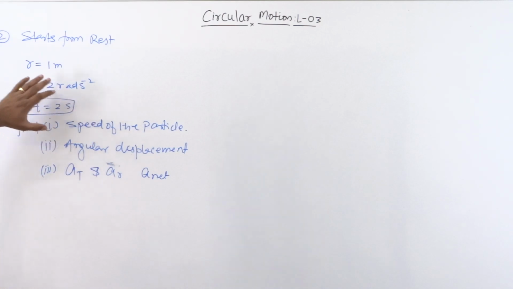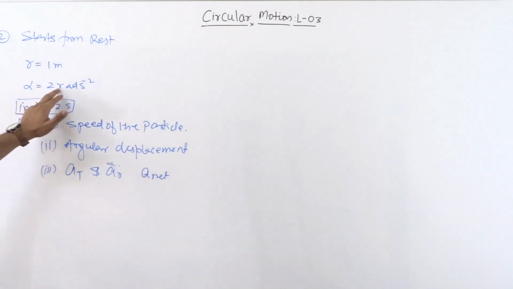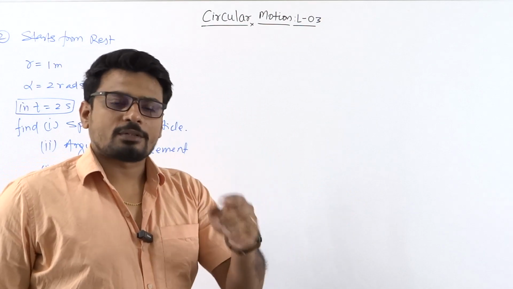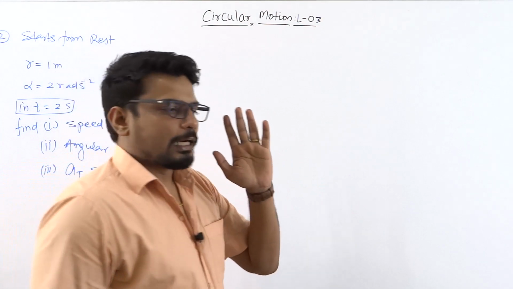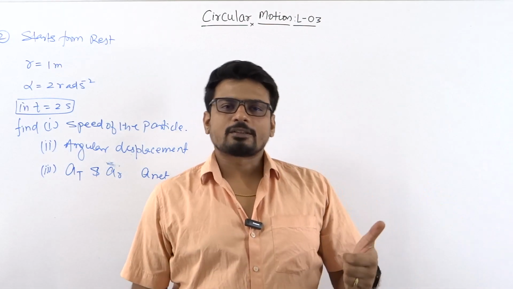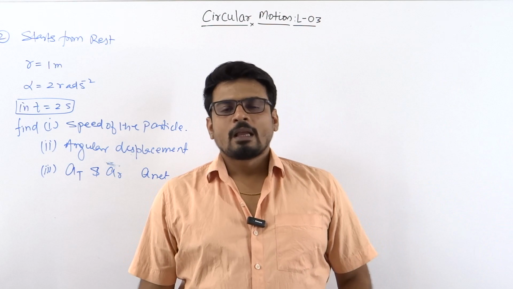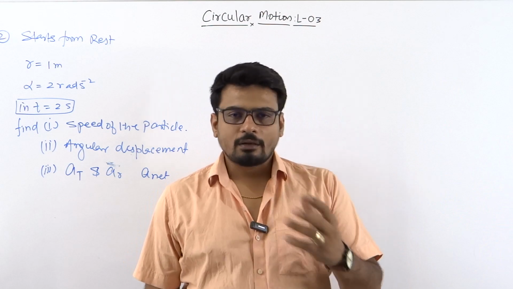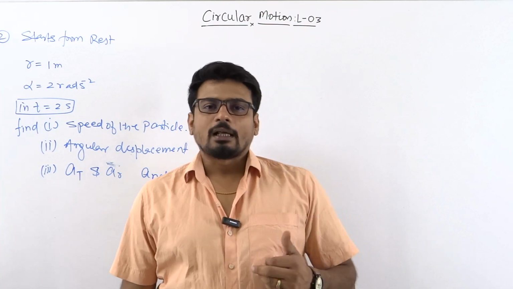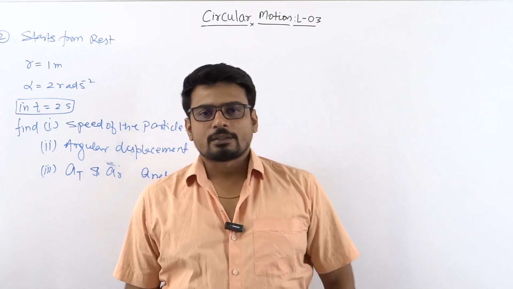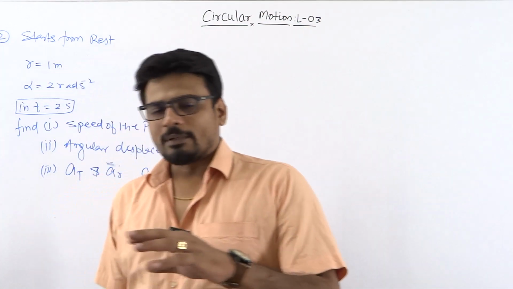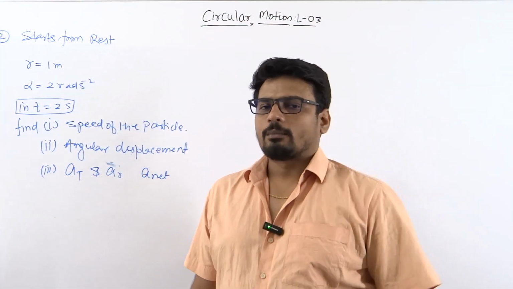एक बात तो समझ में आ रही है कि we have alpha means we have the acceleration. It means omega is not going to be constant. उसका value change कर रहा होगा. And in the previous classes, I have given you three equations of circular motion. Omega t is equals to omega naught plus alpha t. Omega t square minus omega naught square is equals to 2 times of alpha and your theta. And the third one which I have given to you, theta is equals to omega naught t plus half of alpha t square. All these things were very much in the resemblance with the straight line motion के equations के